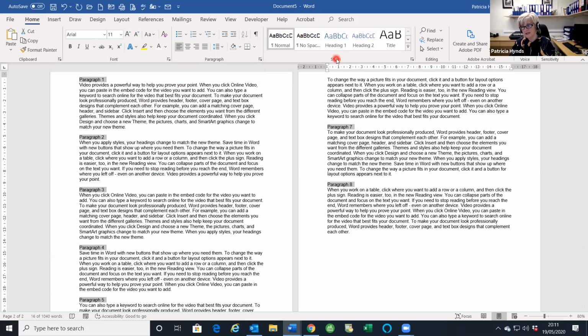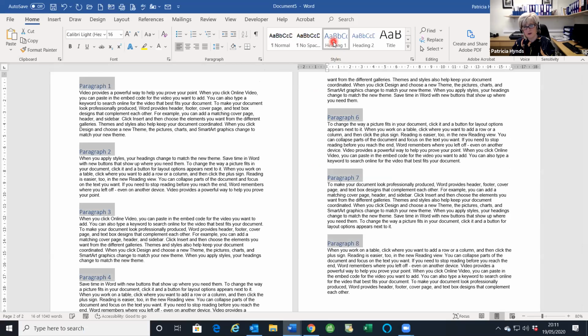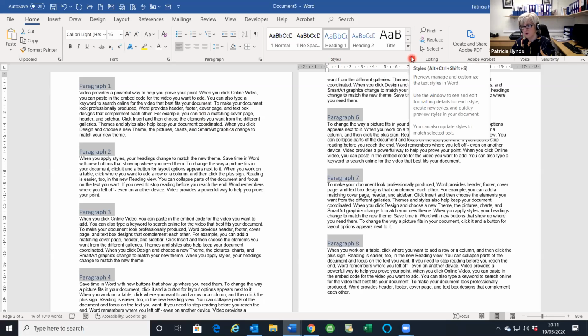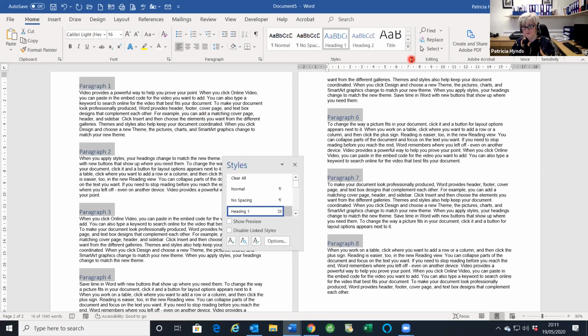So I'm going to my styles group and up to heading 1, and I'm going to click on heading 1. Now, again, Microsoft Word has a number of default fonts for these. Now, it's setting a Calibri Light. I don't like that as a style. So what I'm going to do, I'm going to change that style for heading 1. I'm going to click on the wee dialog launcher at the bottom right of the styles group, and I'll get